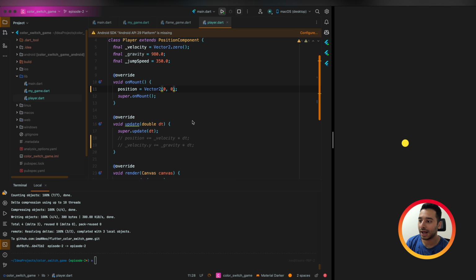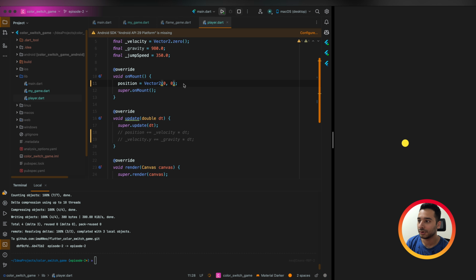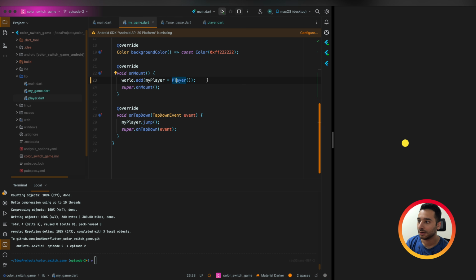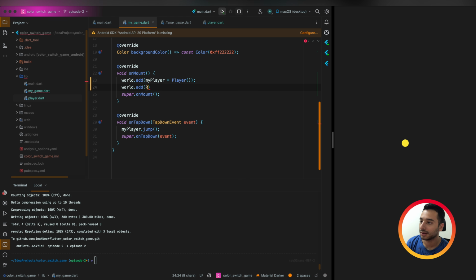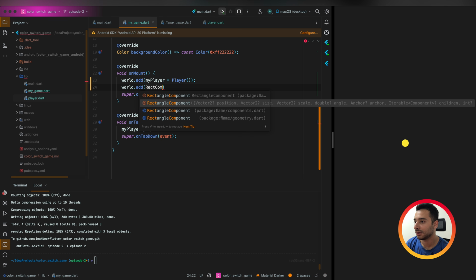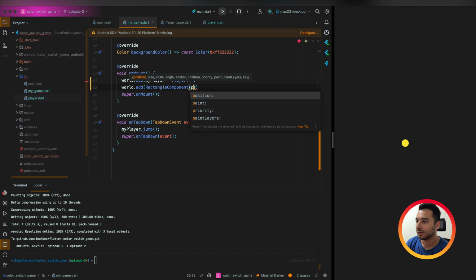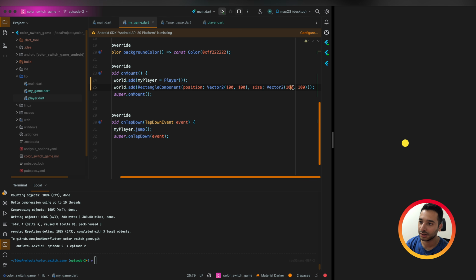Okay, so as a test, let us create a component here. For example, we can say world.add. We can add a rect component, and we can say position, doesn't matter, 100 and 100, but in size we say 9999 and 9999.